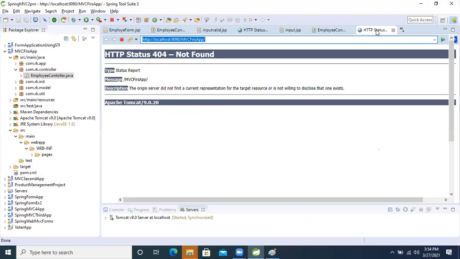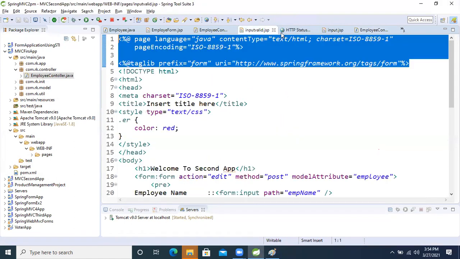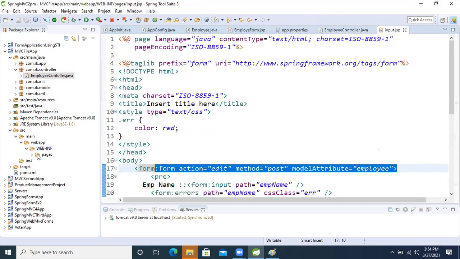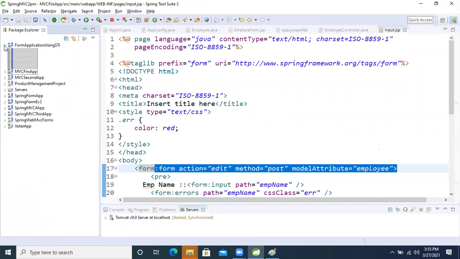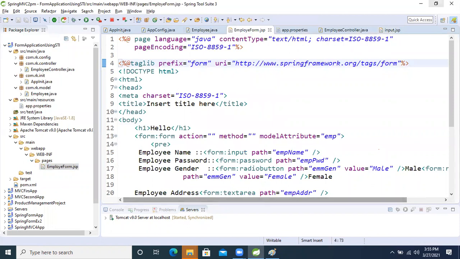Something is there in the project only, an application error. In the JSP, what mistake did I make? Some problem is there. No, this application, right? Yeah, this employee form is there.